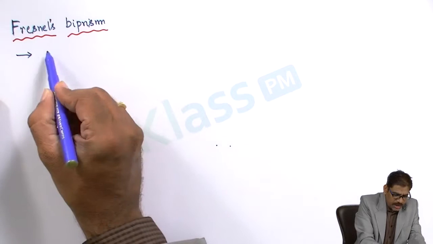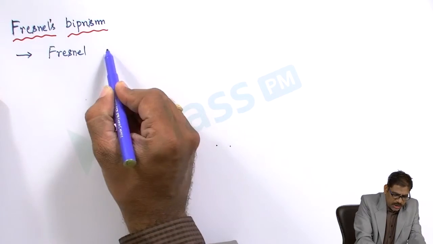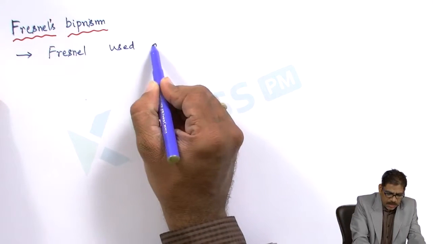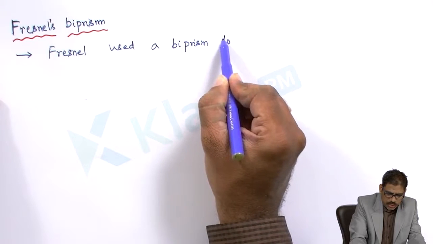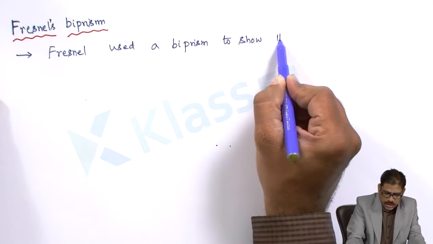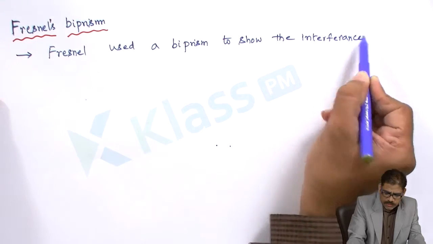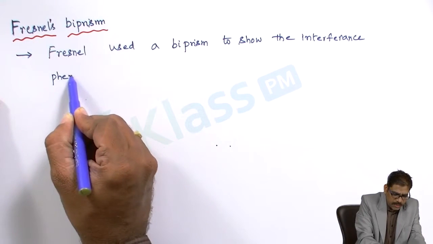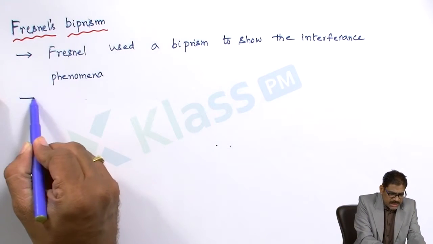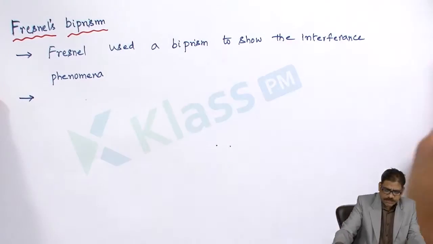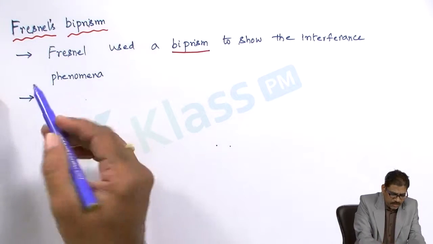So basically, Fresnel is the name of the scientist, and Fresnel used a biprism to show the interference phenomenon. Now for this one he considered a biprism. Here the biprism